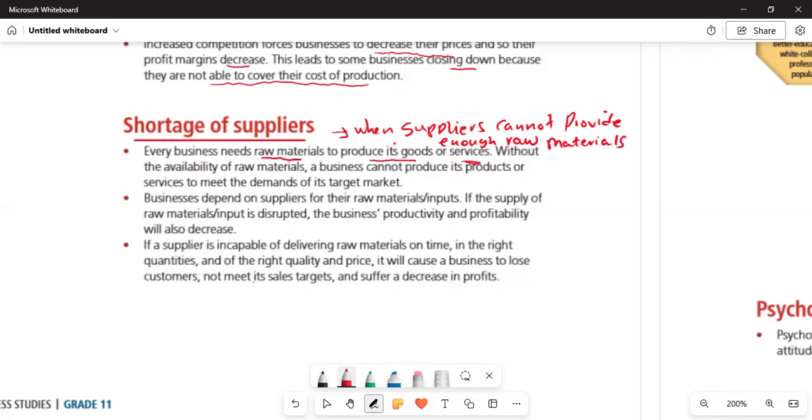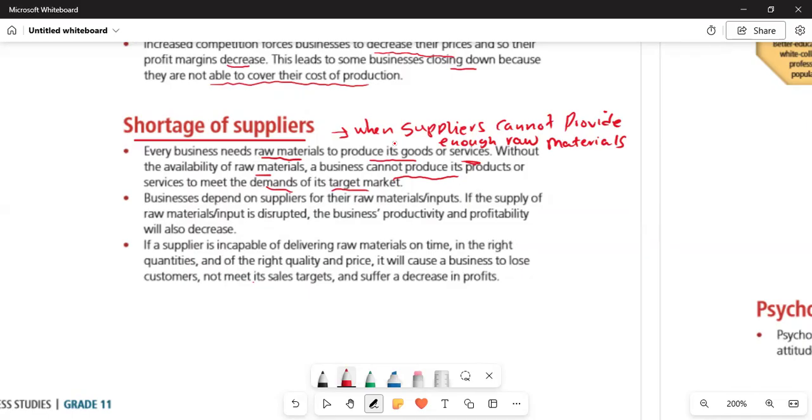So we need the raw materials for us to produce or create goods. So without availability of raw materials, a business cannot produce its products or services to meet the demands of its target market. So it simply says if we are short of suppliers, it means we are going to be short of raw materials. So our production is going to be very affected. We are going to produce less. We're going to be short of what? Of the products, because of unavailable